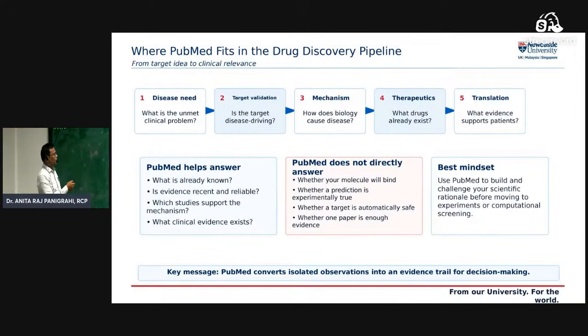Again, from target idea to clinical relevance, disease need, same thing I already talked about. Translation means what evidence supports the patients. PubMed helps you see what is already reported in the literature. It also tells you whether the evidence is recent. Some people will say this particular research was done before 2000 or before 2020. People don't believe such things actually. In a drug discovery research project,